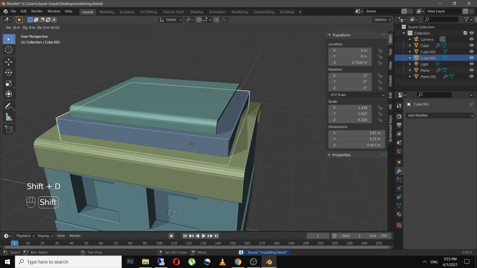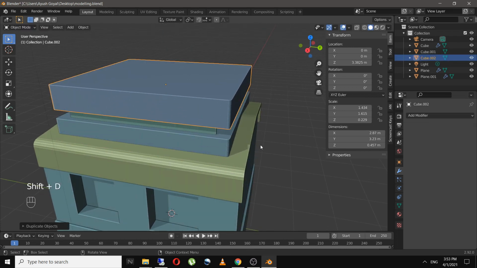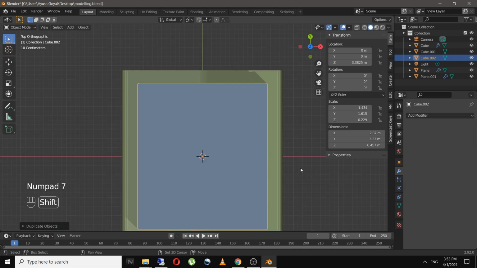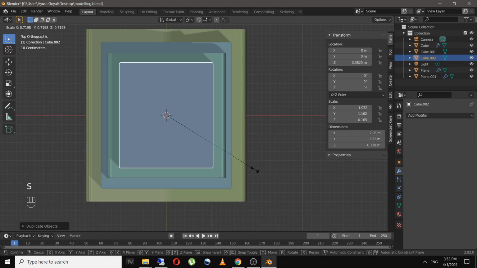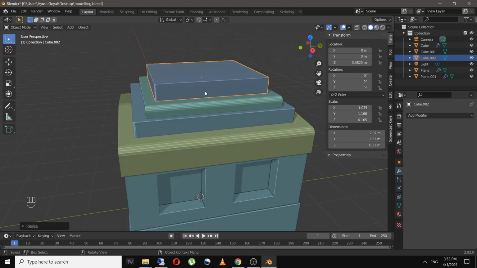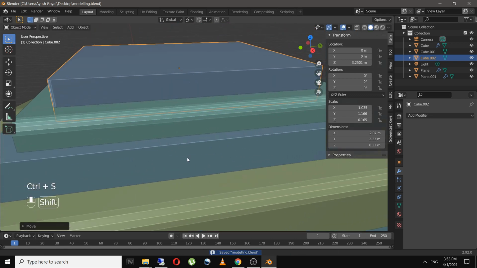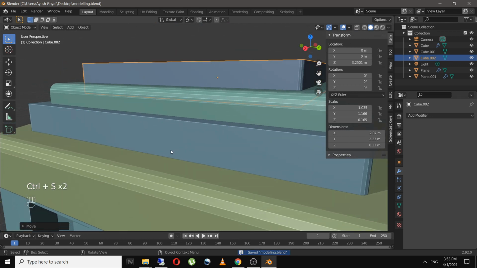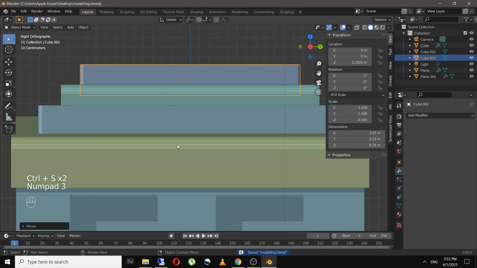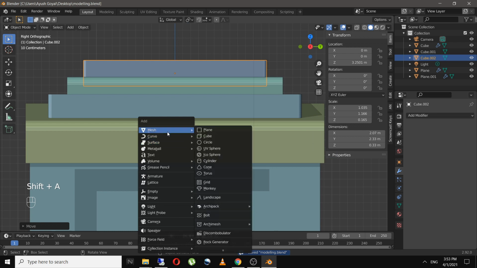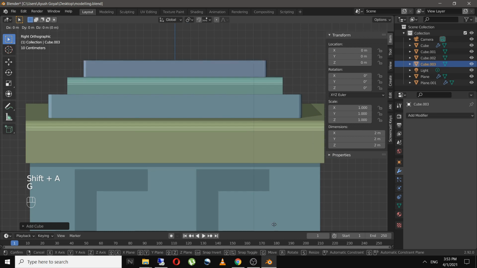I will copy this cube, and in top view I will scale it somewhere like this. Bring it down. And I will add another cube just over here.